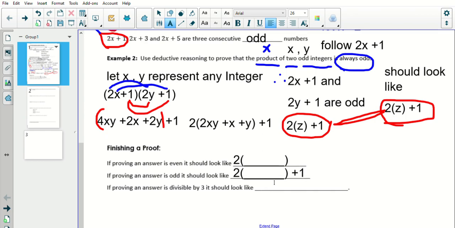And lastly, if we're looking to have something divisible by 3, deductive reasoning would suggest, like an even number is going to be divisible by 2, a number that's going to be divisible by 3 should probably start with a 3 times some value. And we could continue that on forever and ever. If I want to say something's divisible by 4, something's divisible by 5, 6, 7, so on and so forth,